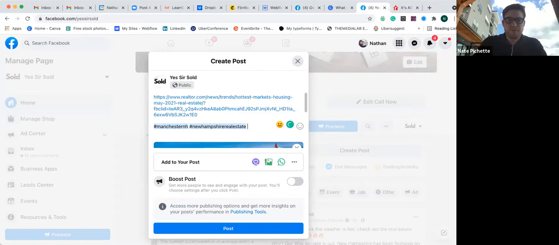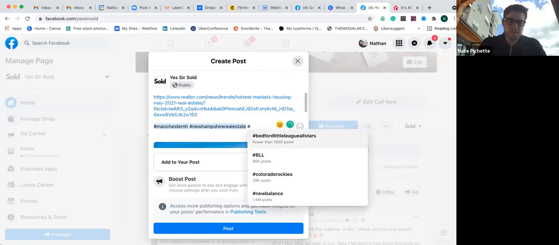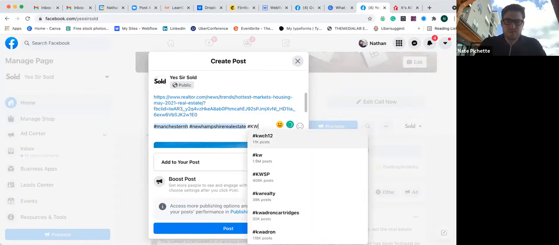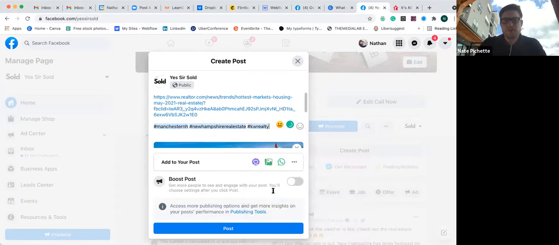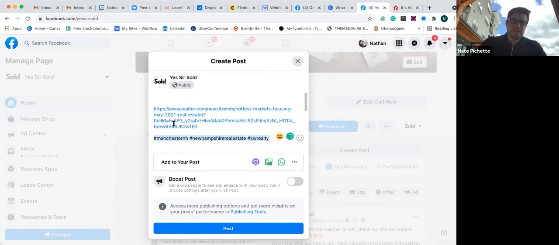I could also put KW. I'm not going to post this, so you get the idea. Yep. I could tag the local market center. I could tag lenders in the area. So these are hashtags. Let's go up to the top though, because it's very different when you're actually tagging another